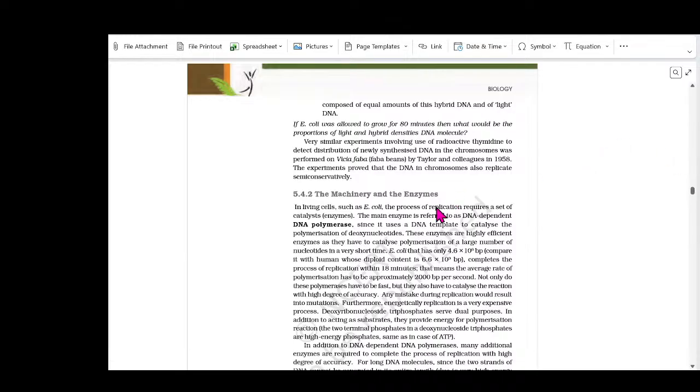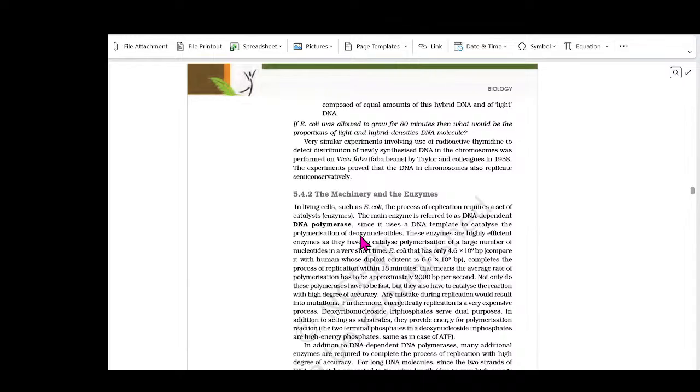5.4.2 The machinery and the enzymes. In living cells such as E. coli, the process of replication requires a set of catalysts or enzymes. The main enzyme is referred to as DNA-dependent DNA polymerase, since it uses a DNA template to catalyze the polymerization of